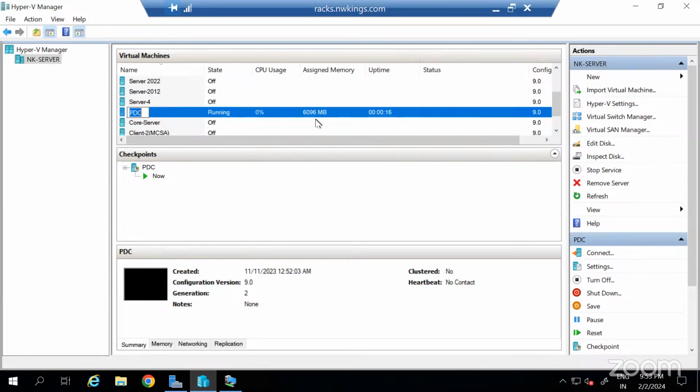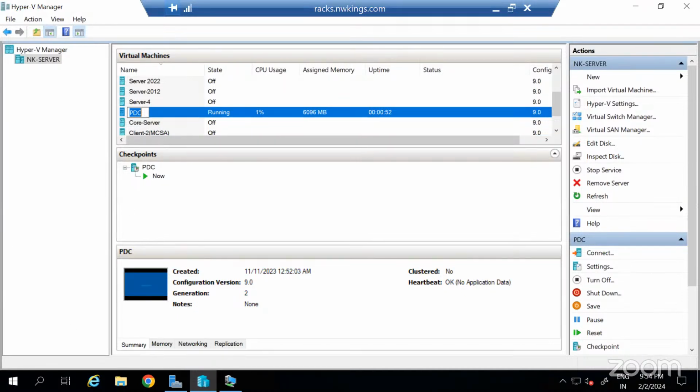Okay, there are multiple hypervisors available like VMware, Hyper-V, VirtualBox, right? So these tools are being used by organizations and you should be aware of these tools, how they are using them, how they are implementing, how they are configuring virtualization, how they are making virtual machines, how they are moving their virtual machines. So I'll show you when we start the classes. For now, this is Hyper-V, which is introduced by Microsoft itself.